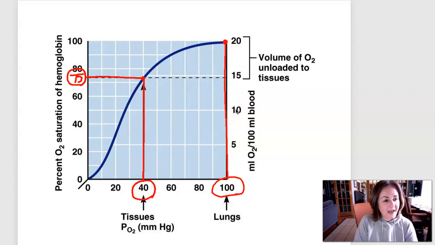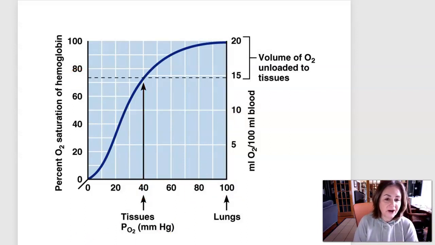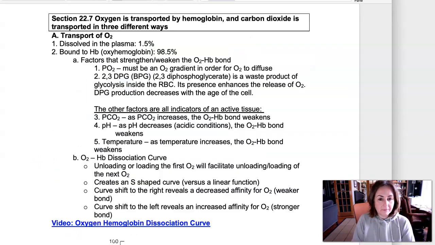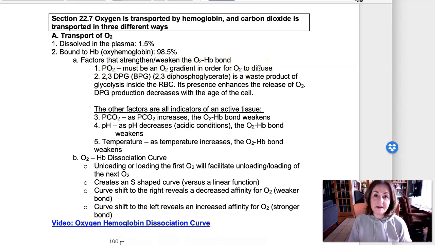I hope that helps. So in the notes where I'm talking about factors that affect the bond between oxygen and hemoglobin, basically what I'm saying is, you have to have a partial pressure of oxygen gradient in order for it to move anywhere. So that gradient is going to be the driving force for the movement of oxygen either onto or off of hemoglobin. There's another factor, it's a waste product, it's called